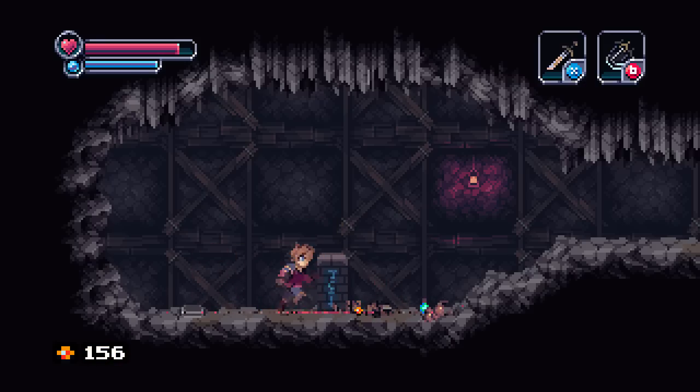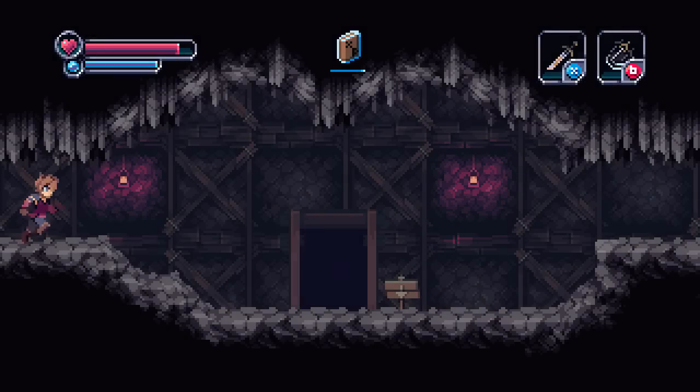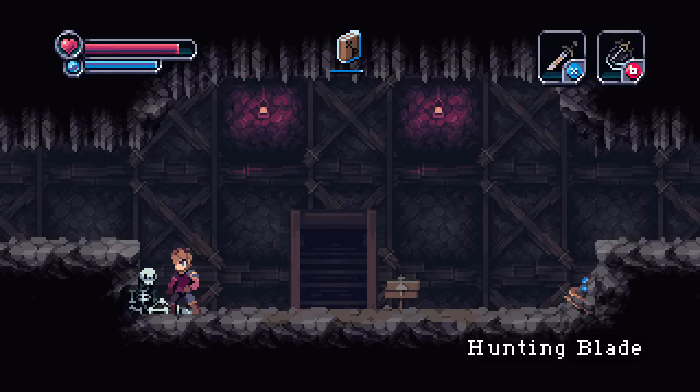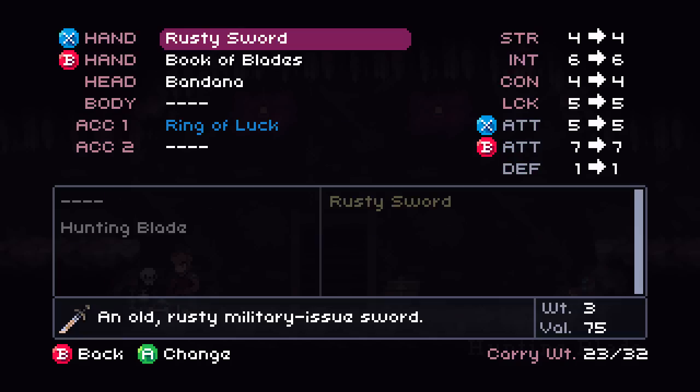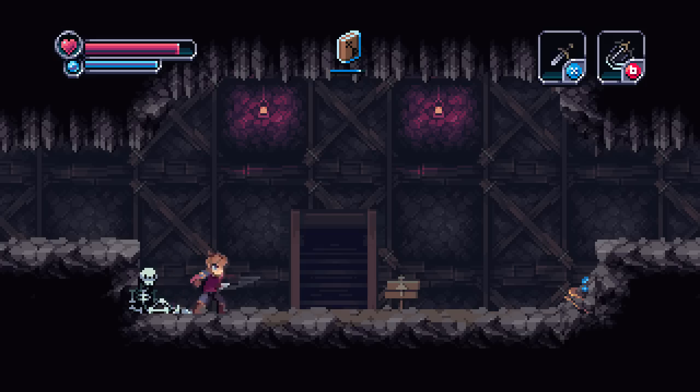Ha. Can't touch this, baby. Alright, there's this. Apparently, there's this thing which will allow us to get more XP. A hunting blade. I guess finally I get a different weapon. Now, the hunting blade, as you can see, is a knife. I don't quite like knives because the range is...